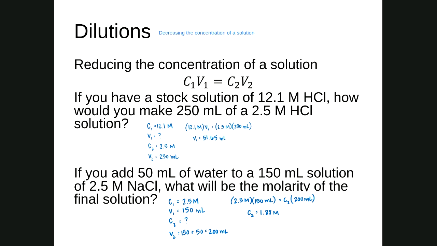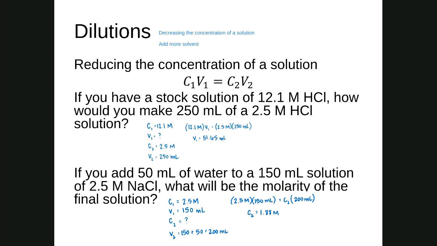And the number one way that we do that is we add more solvent. By adding more solvent, we end up with a smaller concentration. The way that we can determine how much extra water we might need to add, or what our new concentration would be after adding water, because again, we're dealing with aqueous solutions, is using this equation, C1V1 equals C2V2, where